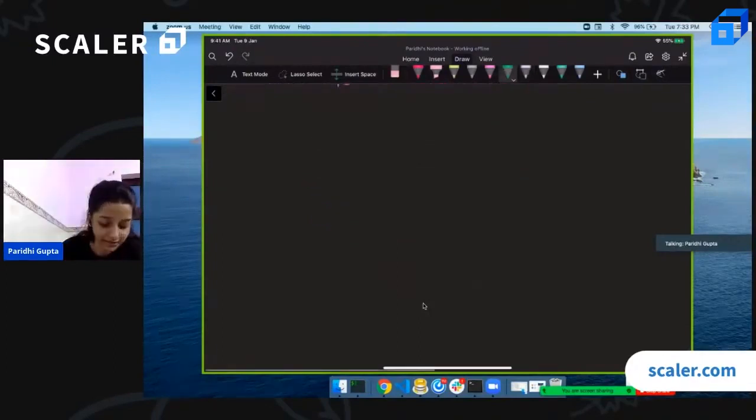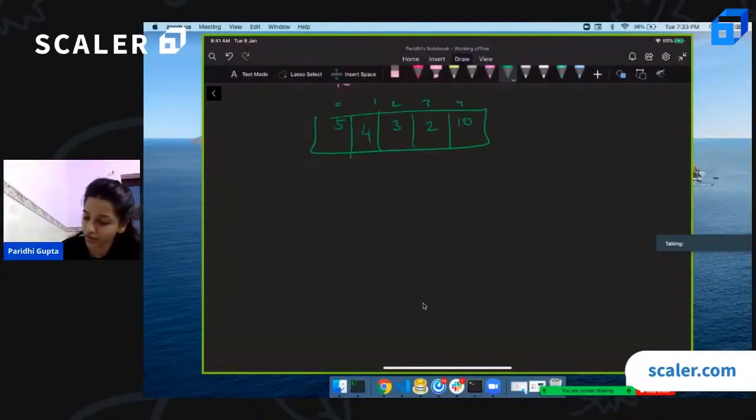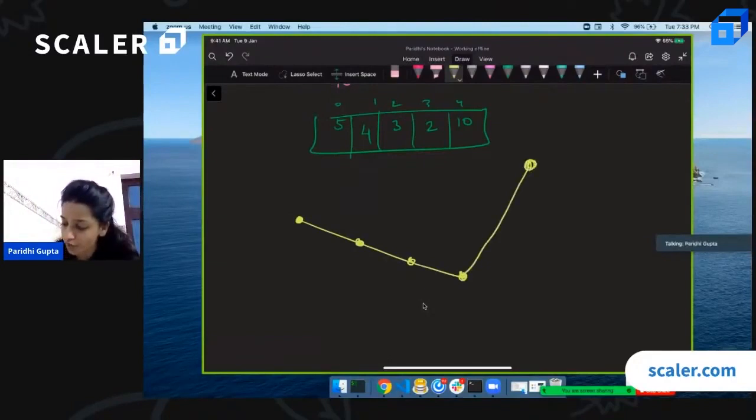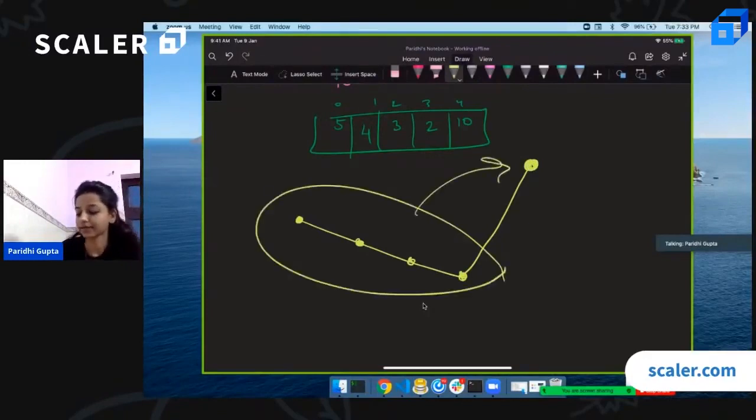Look at it like this. Let's suppose I have 5, 4, 3, 2, 10. I start from here. This is 5, then 4, 3, 2. Now 10 came. Once the number came which was out of order and greater than them, the answer for them became 10.